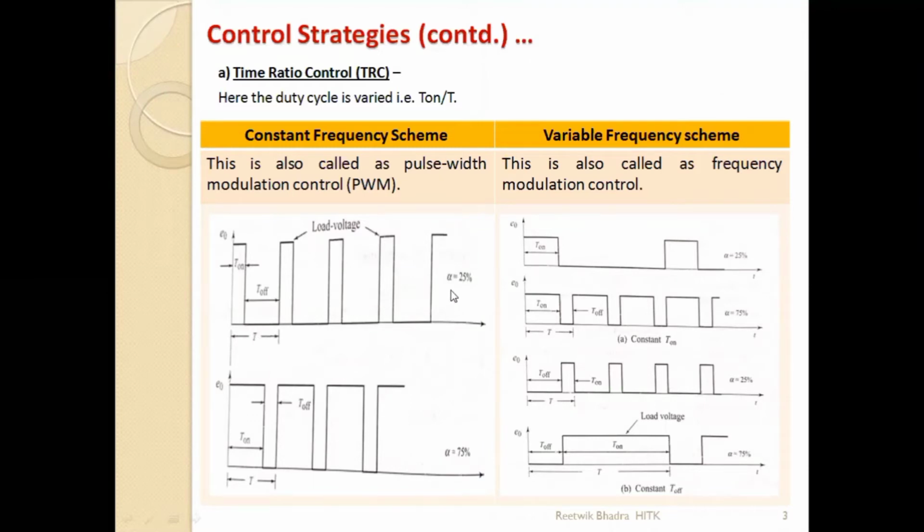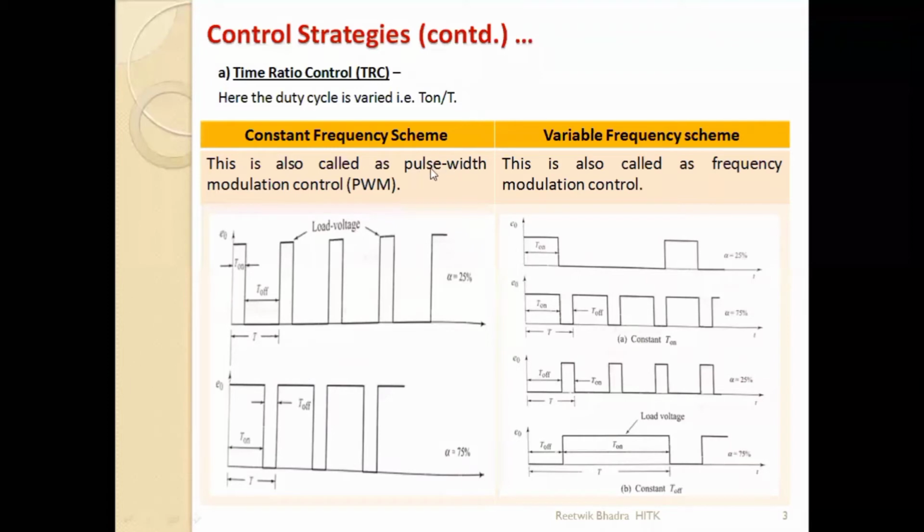If you take a higher value of alpha or D, whatever we had stated, in many books they will set as alpha, D or K. So don't go by these terms. Please remember the name: this is duty cycle. So now you are changing the duty cycle. Alpha equal to 75%, so the on period has increased. T is the same again, so again D will change. Duty cycle is varied, keeping T constant. T is constant in both the figures.